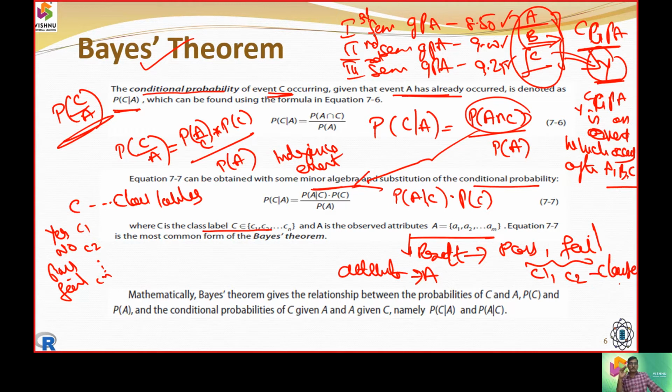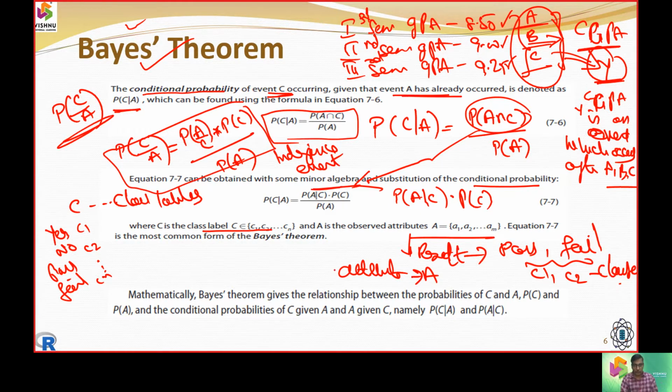So holistically, the Bayesian theorem says that the probability of an event C happening when A is going to happen is equal to the probability of A given C, multiplied by the probability of C, divided by the probability of A. This is the final value we are going to look at with Bayesian. Of course, you can also work with the same value, so either equation is fine when we are working with Bayesian values.